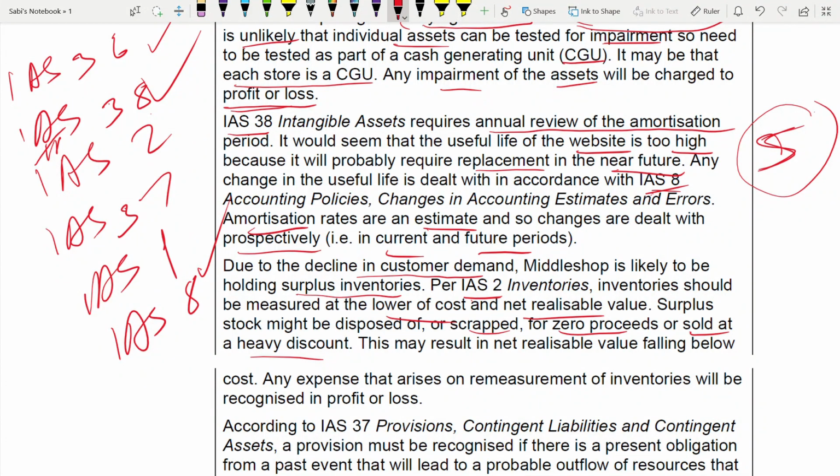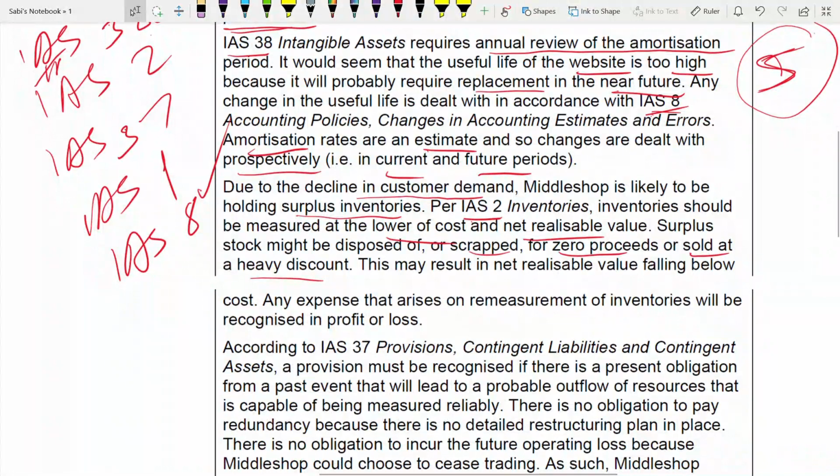Okay, what does it do? What is the result of this when you're doing it? Your net realizable value will fall below your cost. Okay, your net realizable value. Anyway, you have to see the lower of cost or net realizable value. It will be at net realizable value only, but this will fall below your cost. It will become very low.